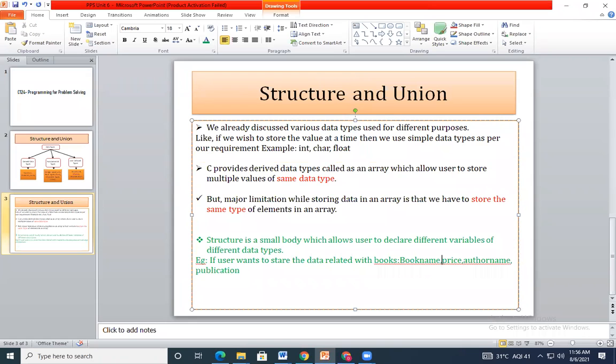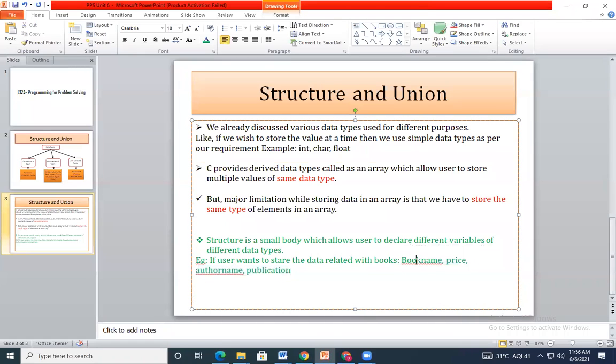So now if you go through here, like the book name, I can use the character data type, right? For price, I need to use float data type. For author name, I need to use string data type. For publication, again string data type. That means here I need to use different data types.